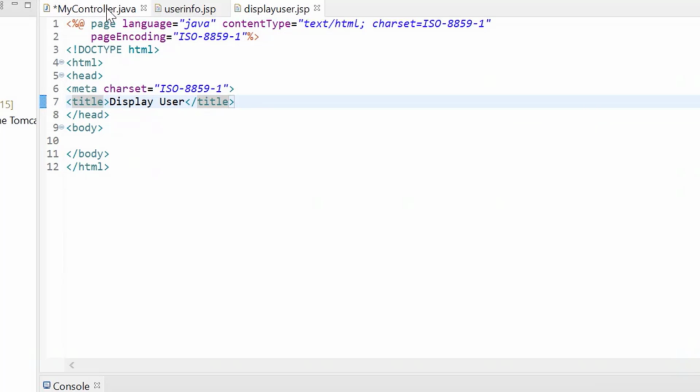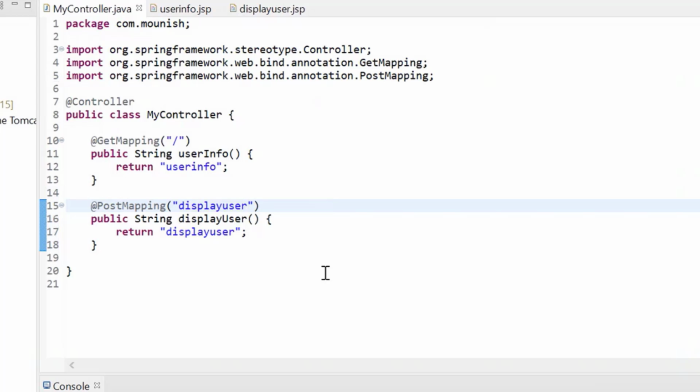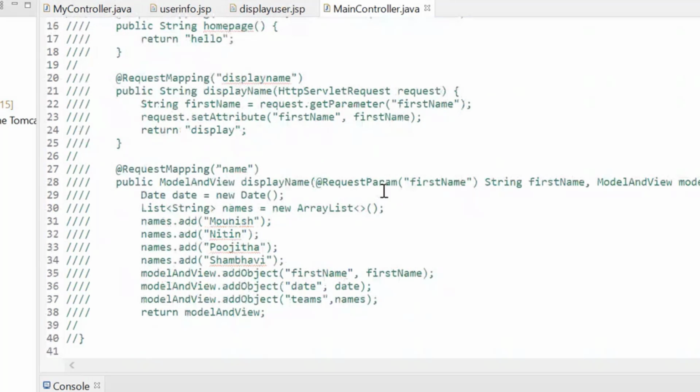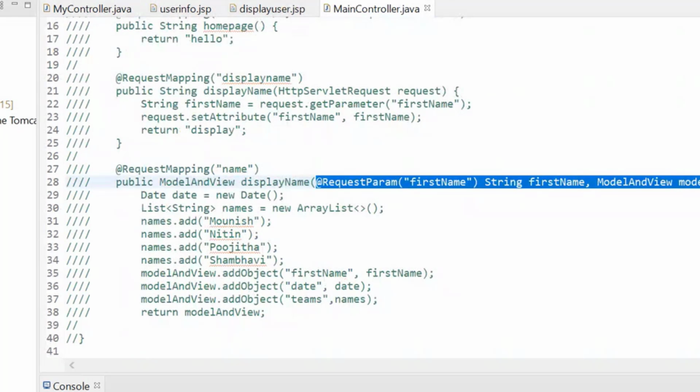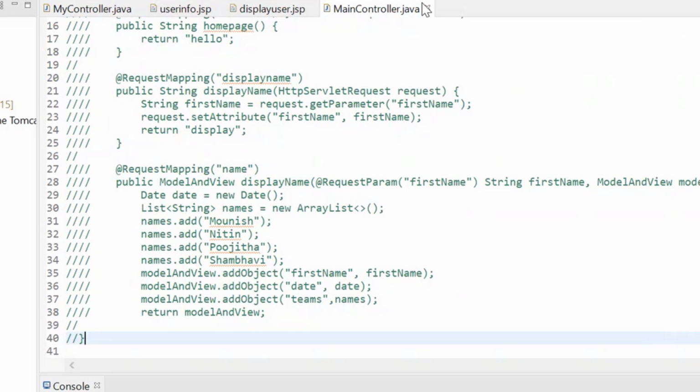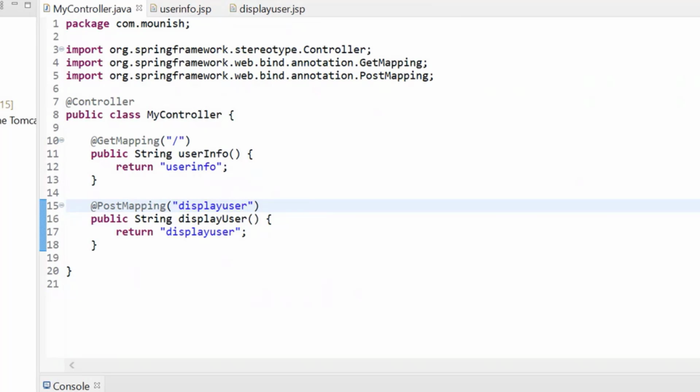So let's go back to my controller over here, and there is a small thing. Previously what we did is we took input from the user, and whatever we took we were directly displaying it. But the problem here is we were not using the post method over there, but here we are using the post method. And there for the model, what did we do? We took the parameters directly from the method, right? But now here I don't want to do it like that. For the model, I want to create a class.